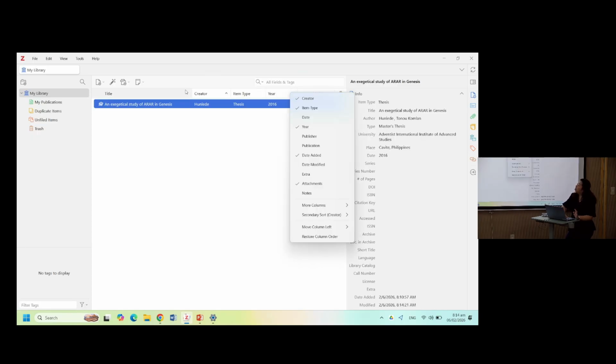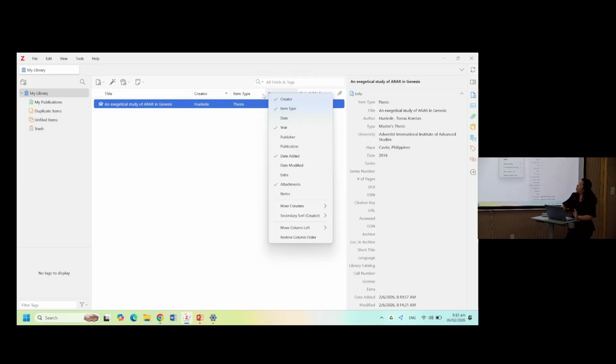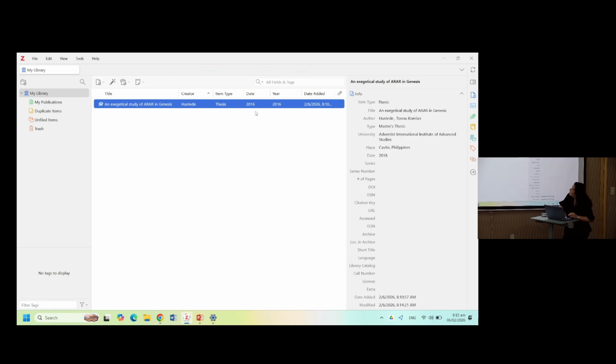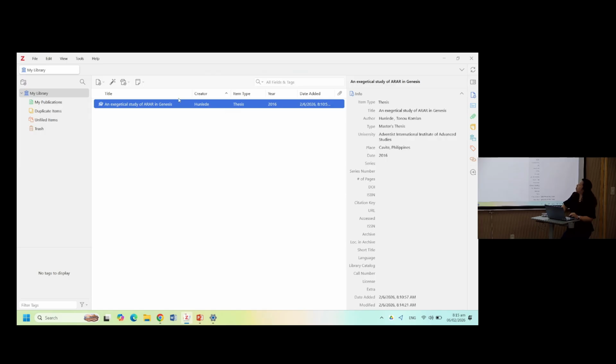You can right-click on any part here in the middle and it will give you the same thing. So you can check, say for example, date. So this is also one way for you to organize your resources later on.